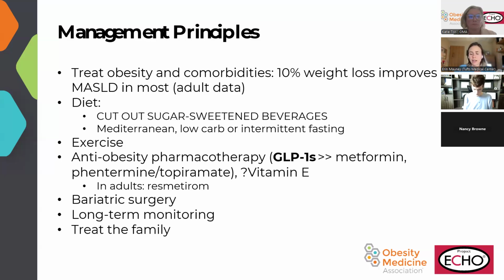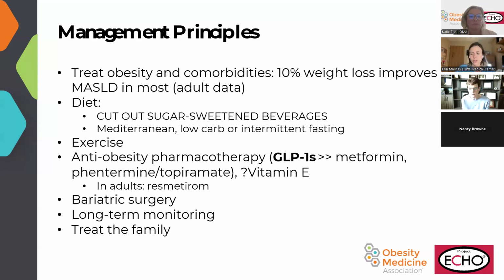In terms of diet, this could be a whole talk unto itself, but I think the number one bang for your buck is if you can get people to cut out or drastically reduce sugar sweetened beverages. Obviously, these are super caloric and not satiating, and many other things that drive their role in obesity in general. But fructose itself is also very toxic to the liver, especially to an already inflamed liver. So I think that's the first place that I always start.